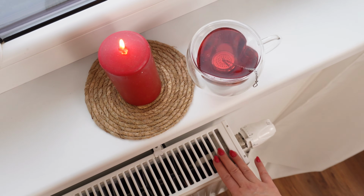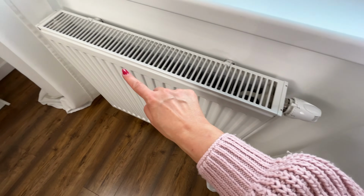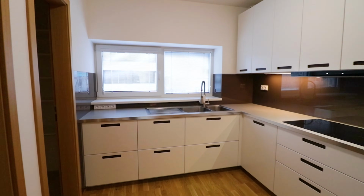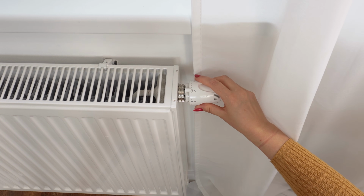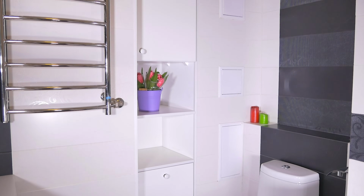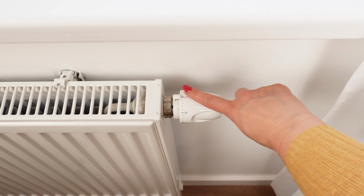Number 3 on the dial corresponds to a temperature between 18 and 20 degrees Celsius, suitable for kitchens, living rooms, and other areas where you don't sleep. The next number, 4, represents a temperature between 22 and 24 degrees Celsius, recommended for bathrooms. Now, you might be surprised, but number 5 indicates a very high temperature of 25 to 28